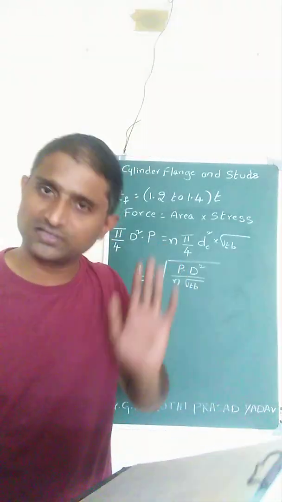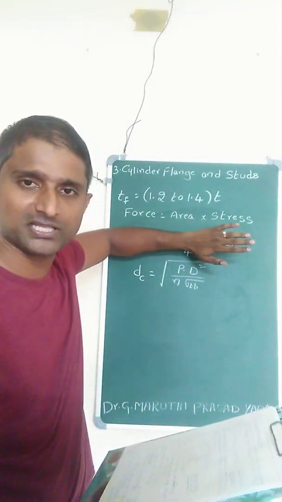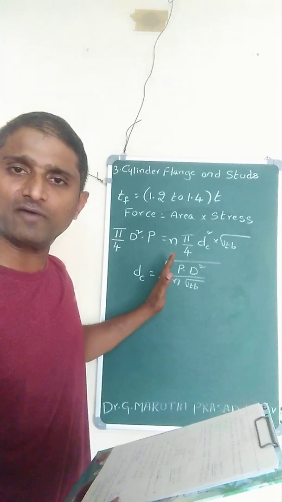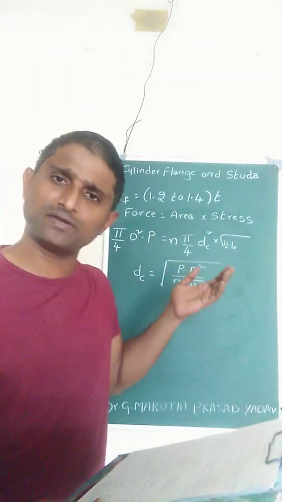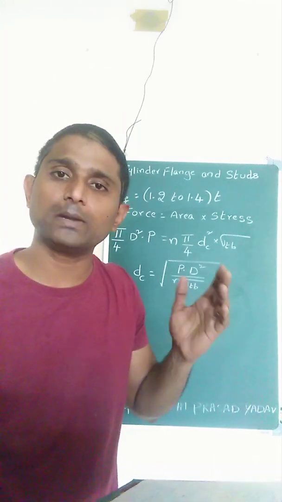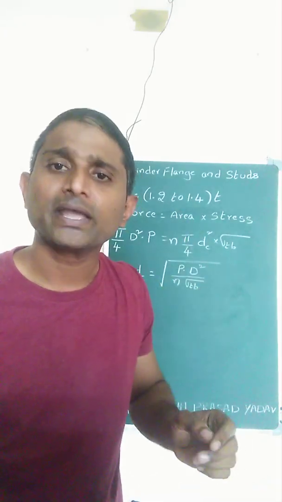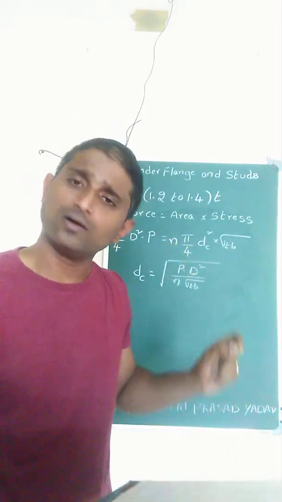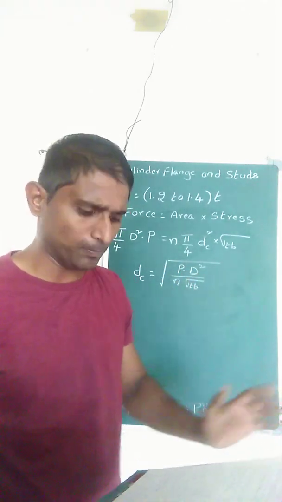This formula is given there. This is not necessary, I have given this only for explanation purposes. No need to remember the formula, you just need to know how it has been formulated. This formula is given in the data book, page number 15.5, equation number 15.10. I repeat once again, page number 15.5, equation number 15.10. From that you can get this formula from which you can find the core diameter of the bolt.